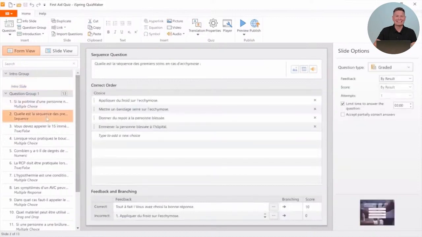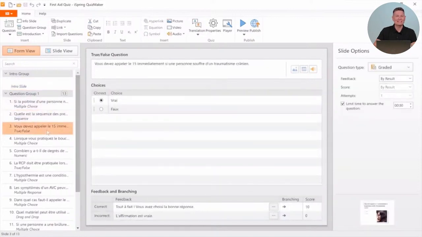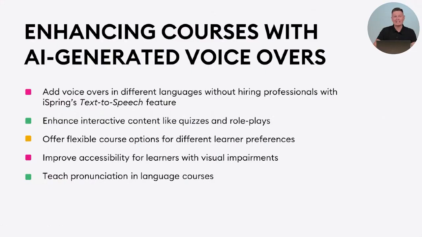How easy was that? And that's how to translate quizzes using iSpring Suite Max. With iSpring Suite Max, you can also take advantage of the text-to-speech feature available in more than 50 languages, offering authentic voices and natural intonations. This eliminates the need to hire voice actors for multilingual projects, saving both time and money while ensuring engaging narration for your audience. Let's go over what this is and check some best practices for using voiceovers in your e-learning